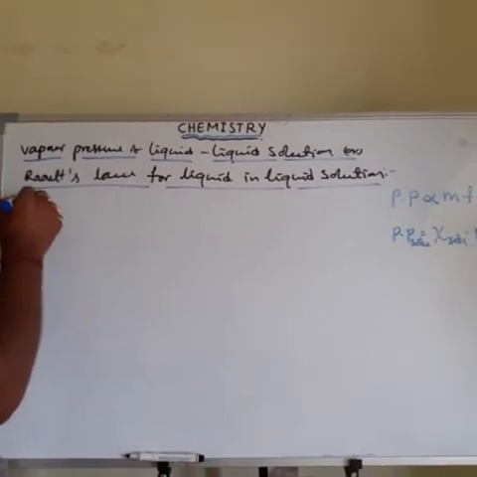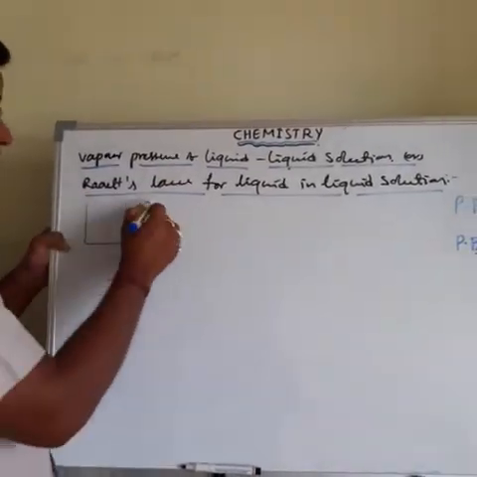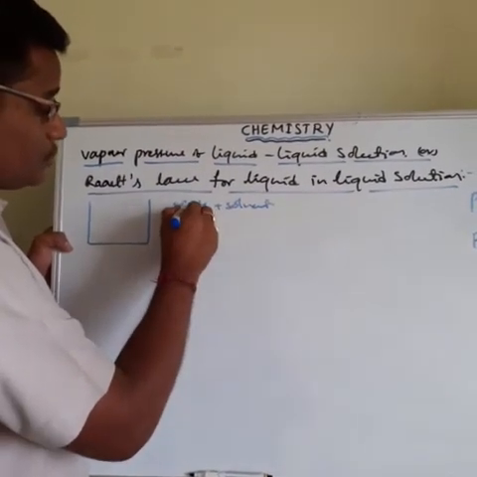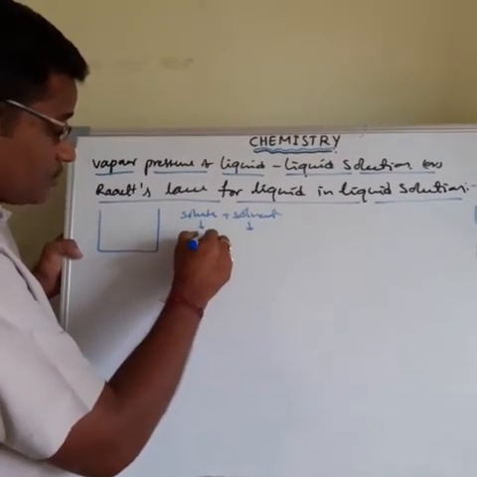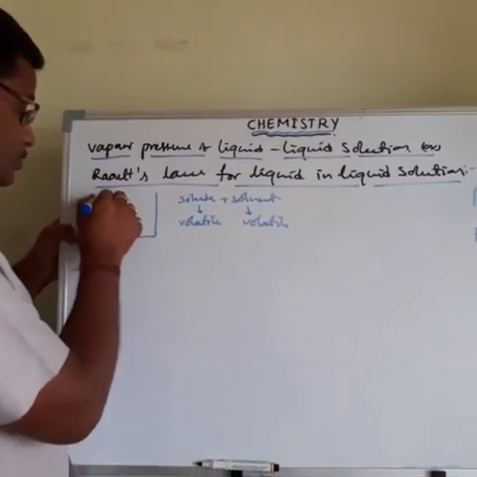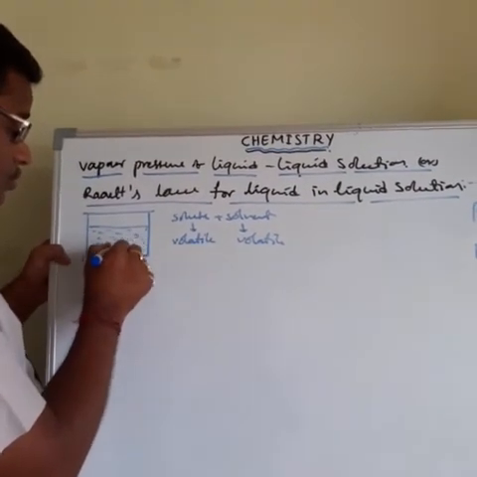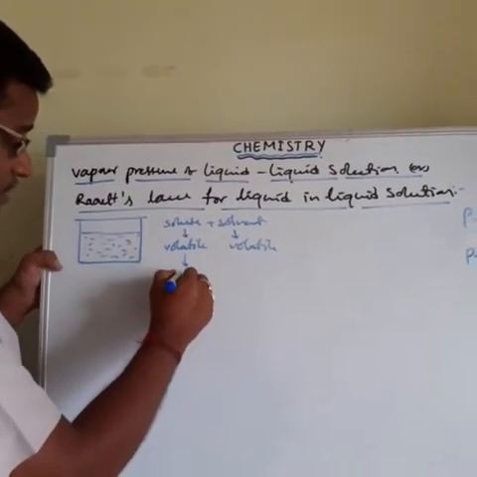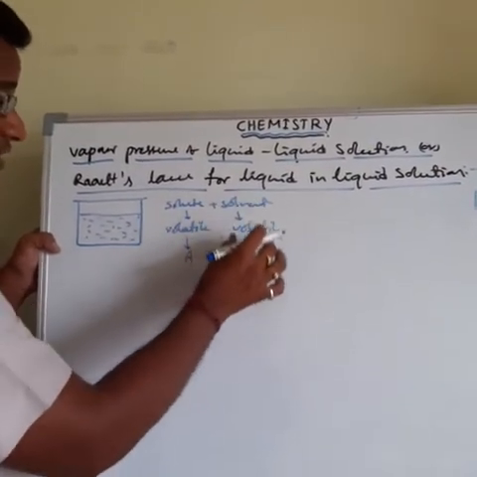See, this is a solution. It is a binary solution. Binary solution means the solution contains solute plus solvent. But here, both solute and solvent are what type of compounds? Both are volatile liquids. This is also a volatile liquid, this is also a volatile liquid. So that's why this is a solution. It is a binary solution containing two components, or two volatile liquids. The first volatile liquid is A, the second volatile liquid is B, meaning solute is A, solvent is B.